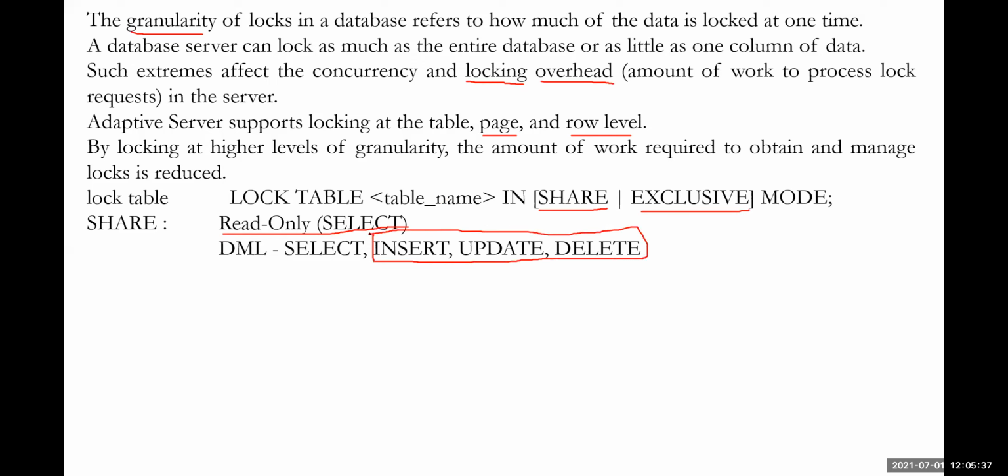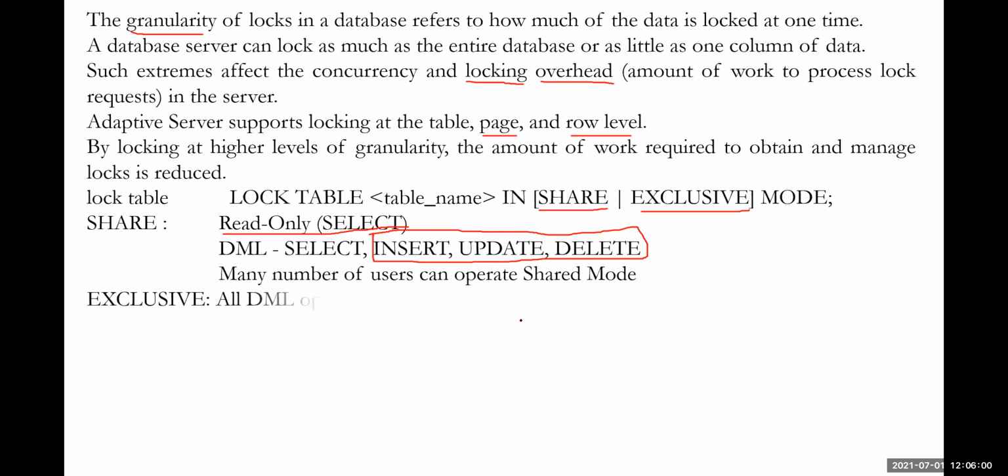That is called share mode. As many users as possible can operate share mode operations; there is no problem at all. Already we have seen in the previous sessions what problems occur when a read conflict is taken into consideration.